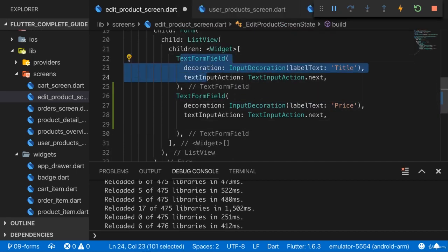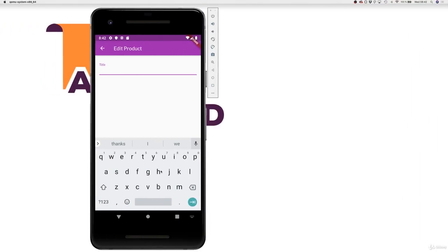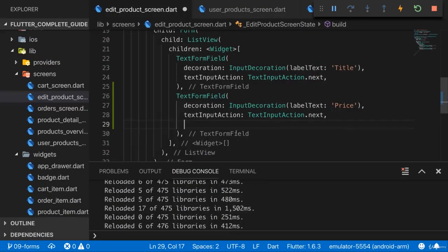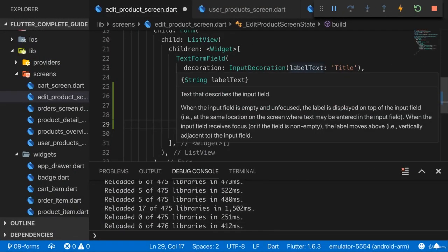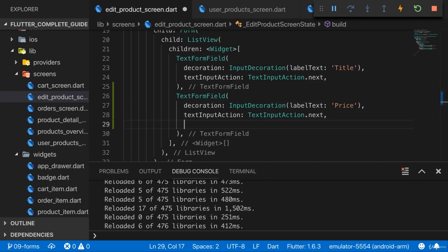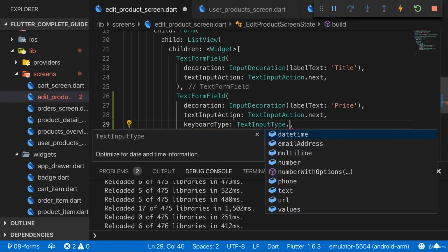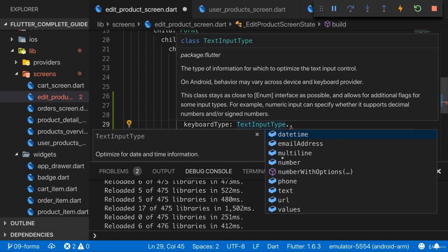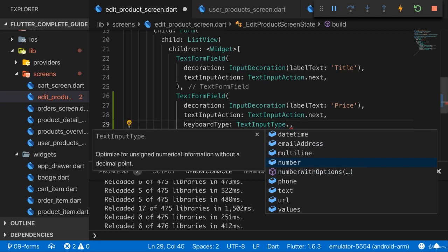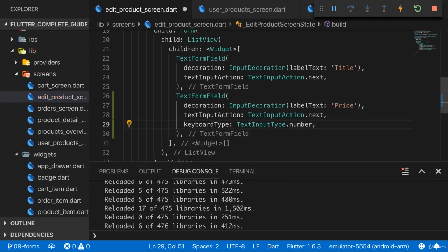On the first input, it's nice and it's good that we get the default text style soft keyboard, which helps us with, well, entering normal text. Here, however, we'll enter a number. So one thing we should do here, which we already did earlier in this course too, I want to change the type of keyboard I show. And this can be done by setting the keyboard type argument here and set that to text input type dot, because text input type is a class with a couple of static properties, dot. And now here I think number makes a lot of sense